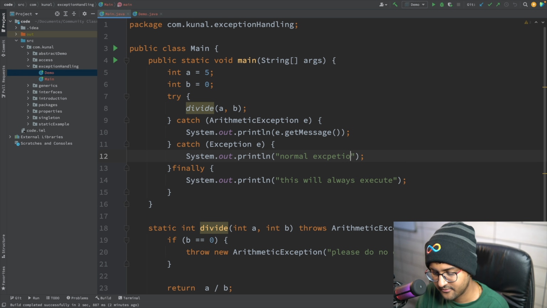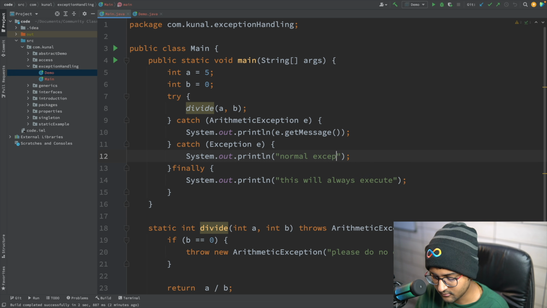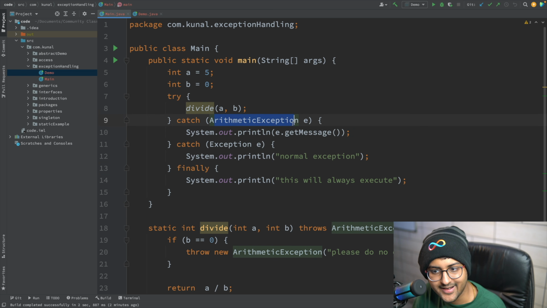Here you can see that if an arithmetic exception is thrown, it will call this. If some other exception is thrown, it will call this, in this order.